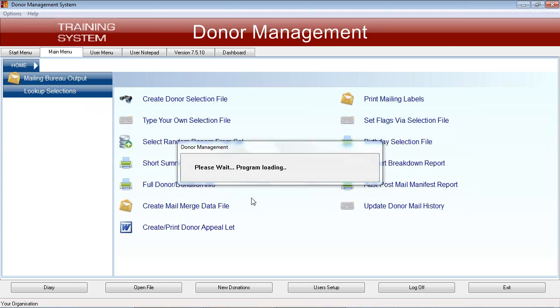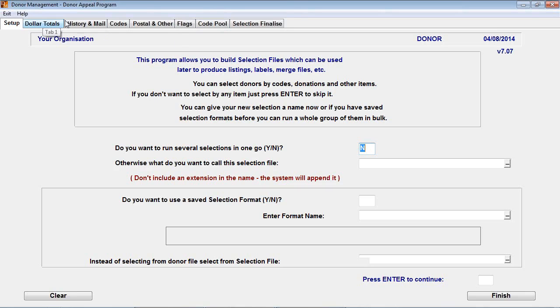So in this case, I'm going to go in, and you can see up the top here, there are a number of tabs that all associate with different parts of the data that we've recorded. So it depends on what you're trying to segment, what questions we answer. And it's like any sort of segmentation you do on a database. The more complex you make it, you might end up with very few records. Sometimes you ask too many questions. Not so much too many questions, but your criteria is too complex, and nobody has all of the things that you asked for. So in this case, we're going to look at something just for doing a mailing,